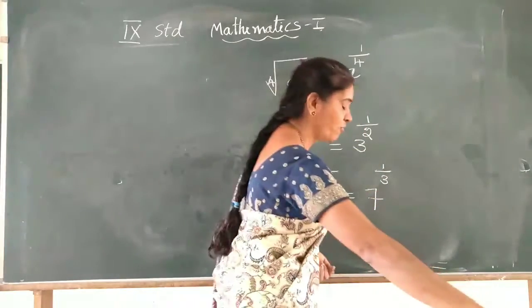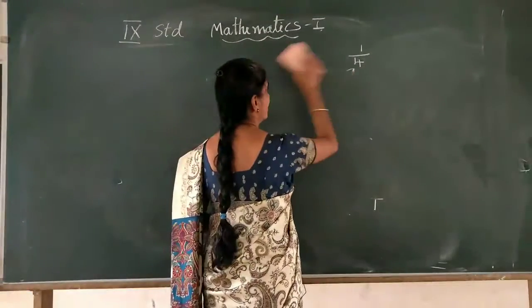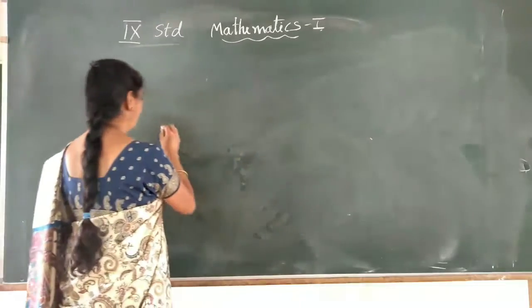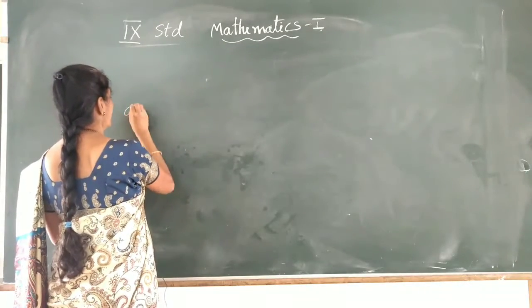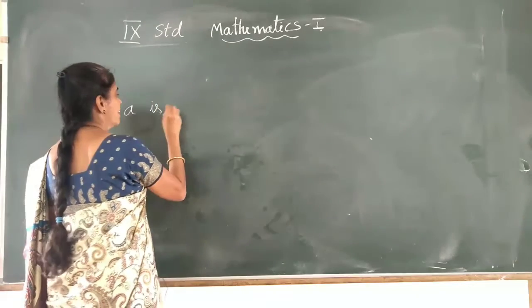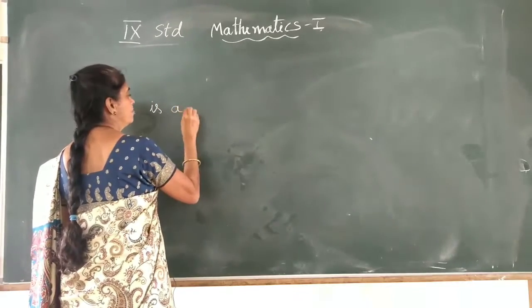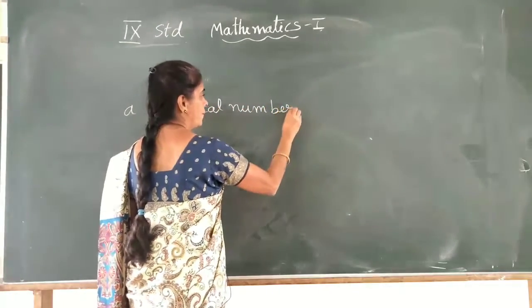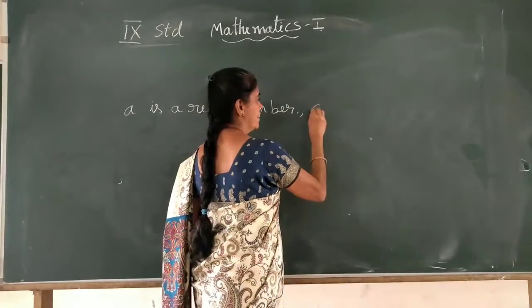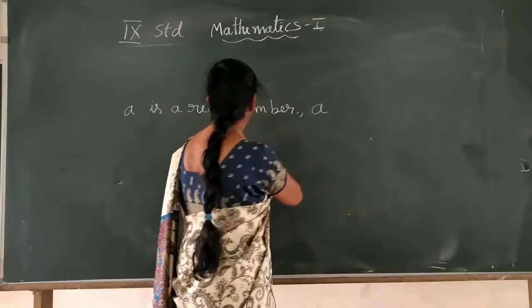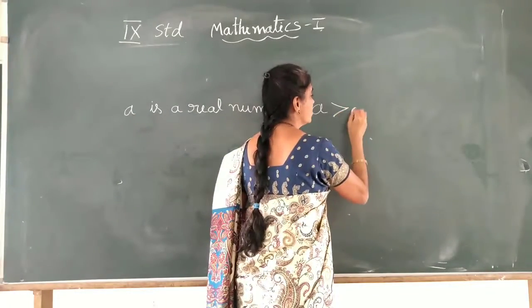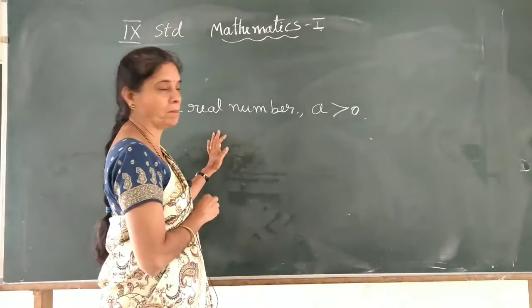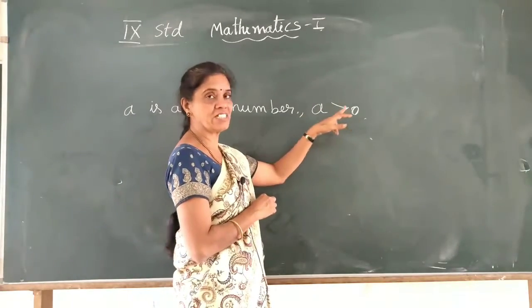In general, if A is a real number such that A is greater than 0, a positive real number we are taking,